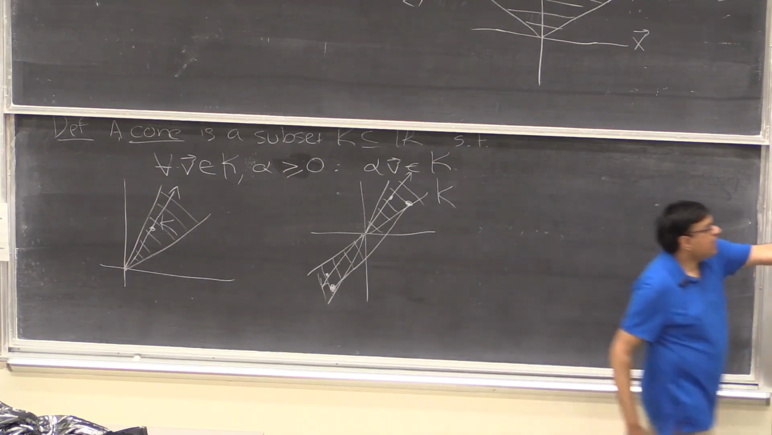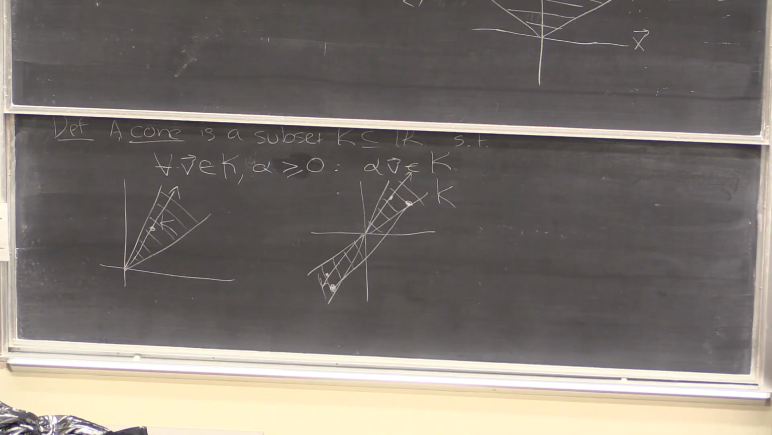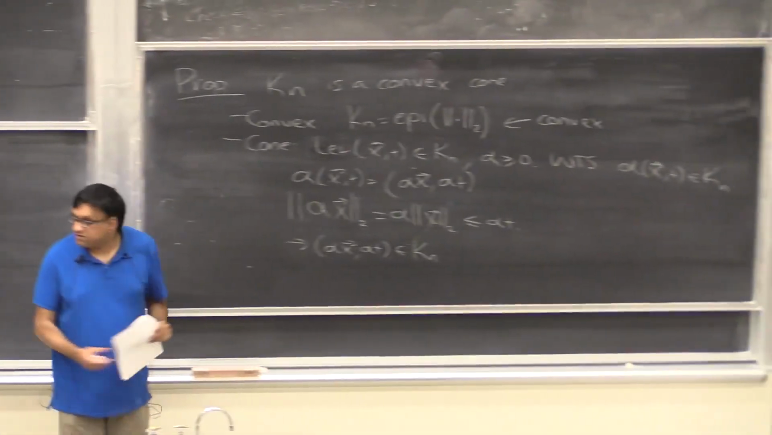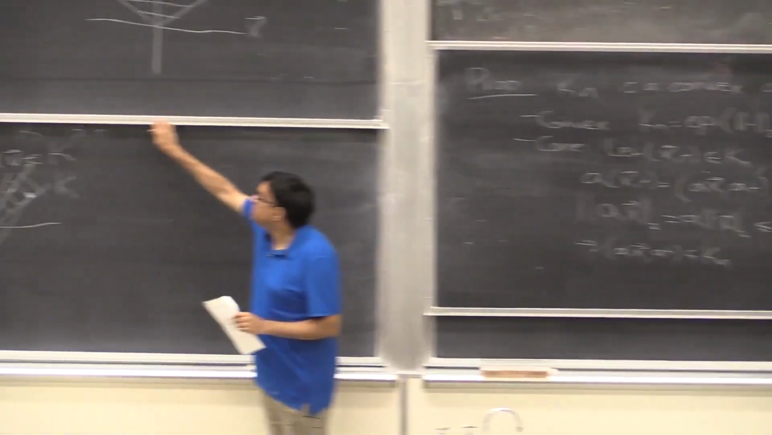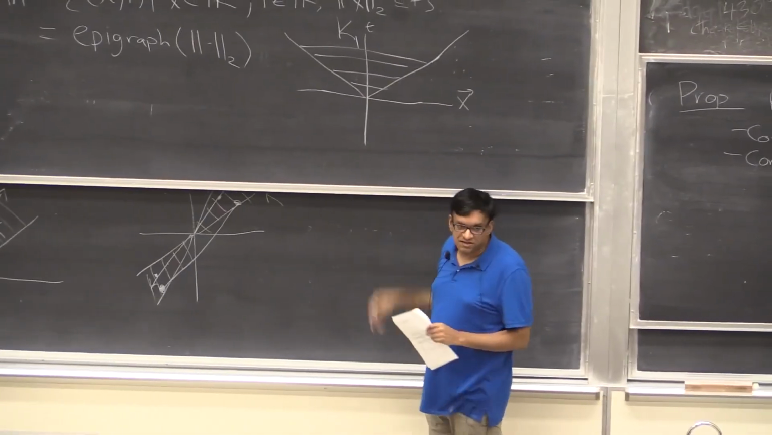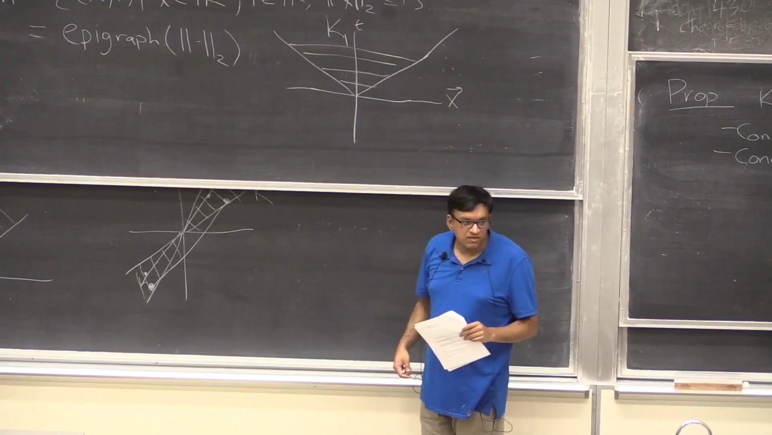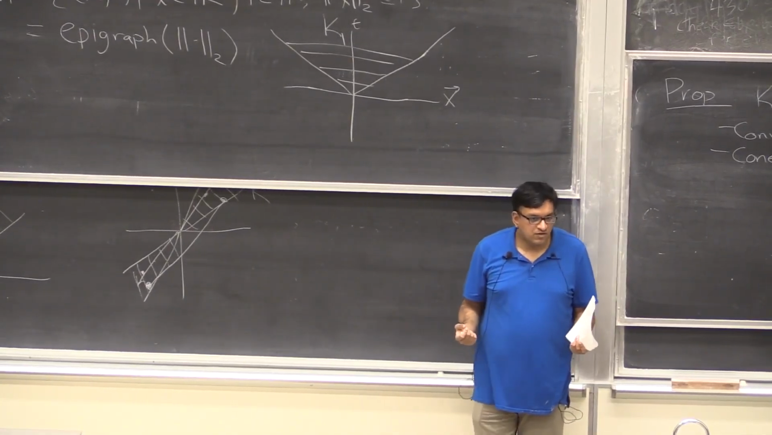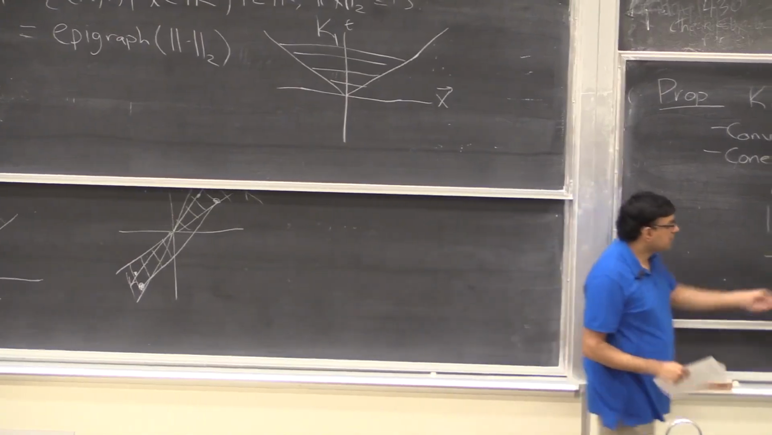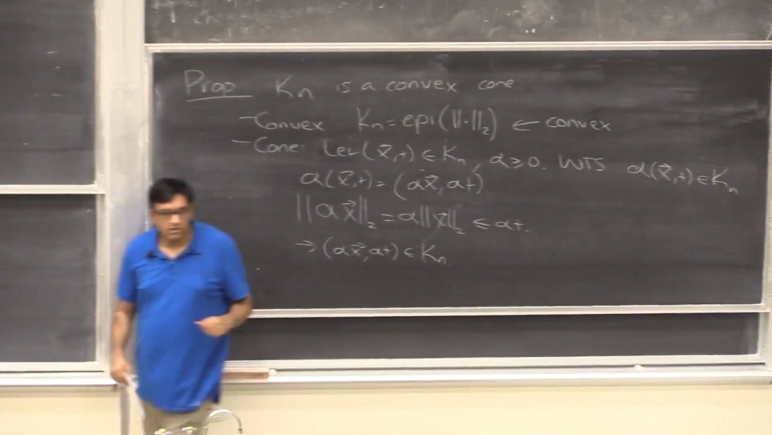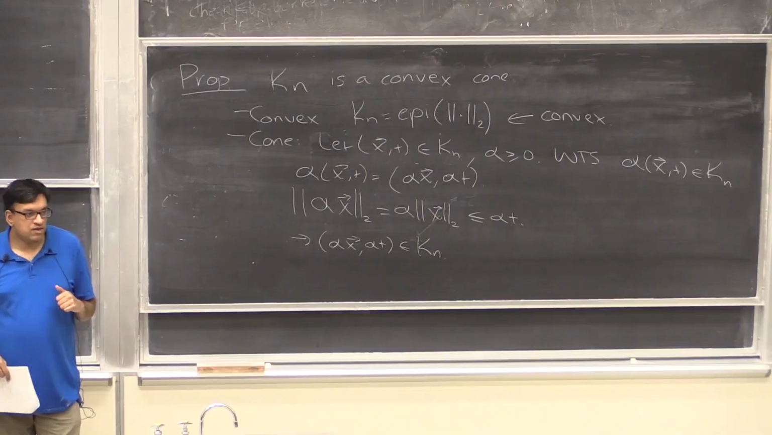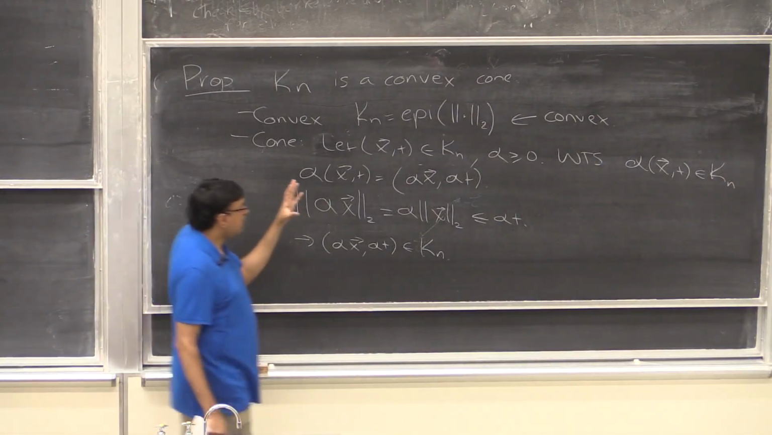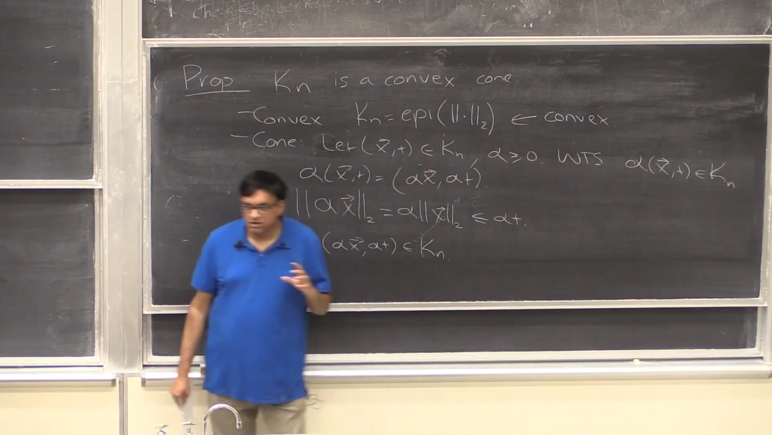Because we say, let (x, t) be in Kn, right? And Kn is just the set of all (x, t) such that the norm of x is less than or equal to t. So by assumption, we've said that the norm of x is less than or equal to t. And so then we can use that assumption over here. Okay, so we want to show that for any alpha greater than 0 and any (x, t) inside the set,